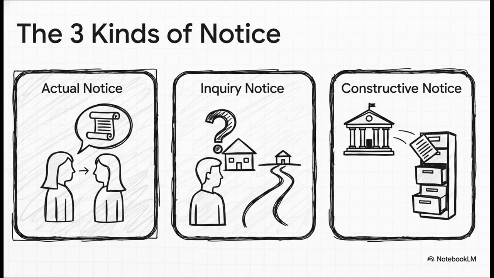And the law says you can have notice in one of 3 ways. First is actual notice, which is easy. Someone literally told you about it. Then there's inquiry notice. This means there are physical clues, like a worn-down path or some obvious power lines, that should make you think, I should probably ask what's going on here. And finally, there's constructive notice. This means the easement was properly recorded down at the county courthouse. Legally speaking, you're expected to know it's there, even if you never bothered to look.